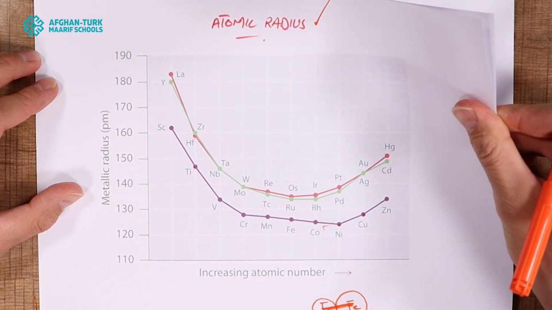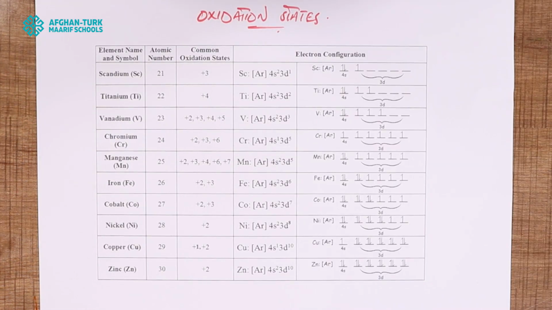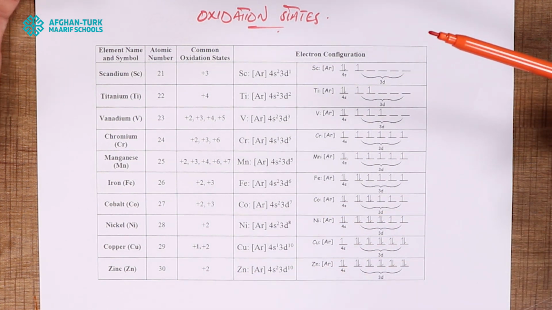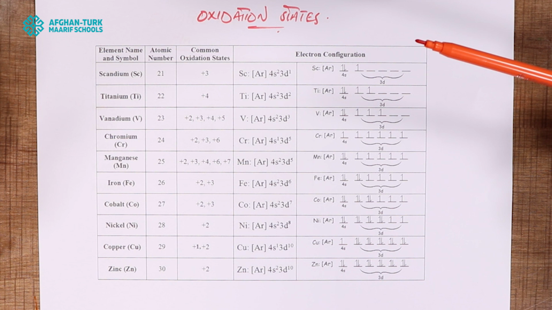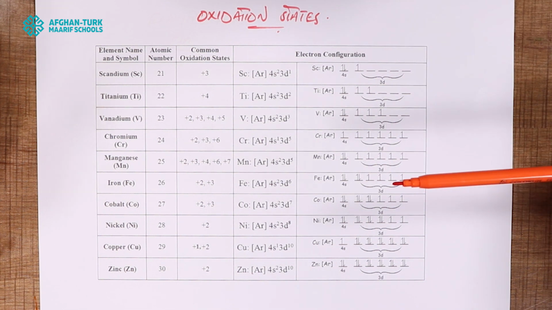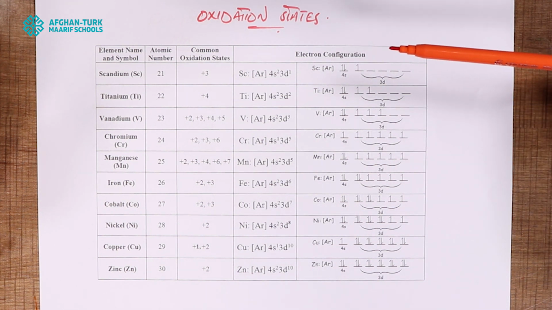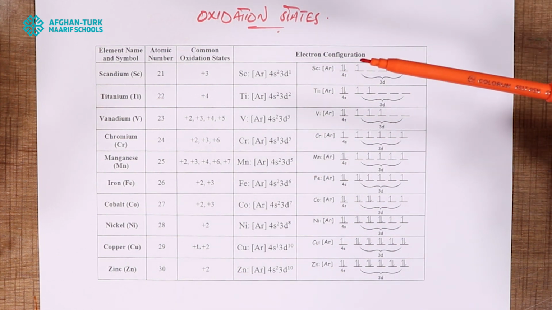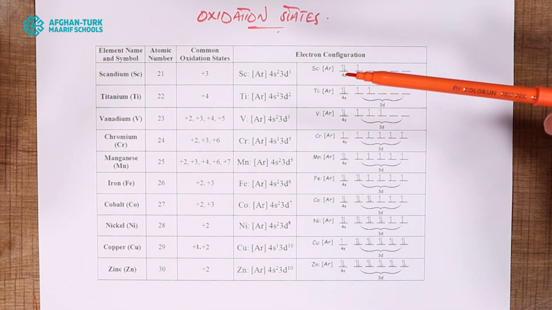Let's go for the oxidation states or the oxidation number of transition elements. Actually, transition elements can have many oxidation states. For example, in the fourth period, we can see that the 4s and 3d orbitals are very close according to their energy, as I have told you before. And electrons from both s and d orbitals can take part in the reaction,